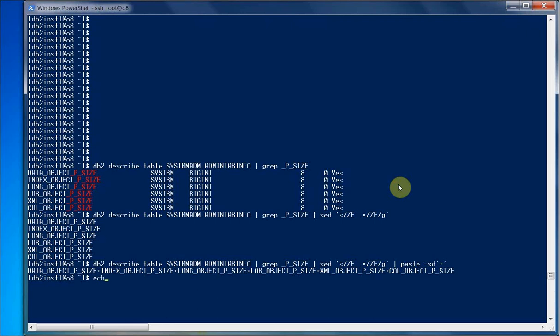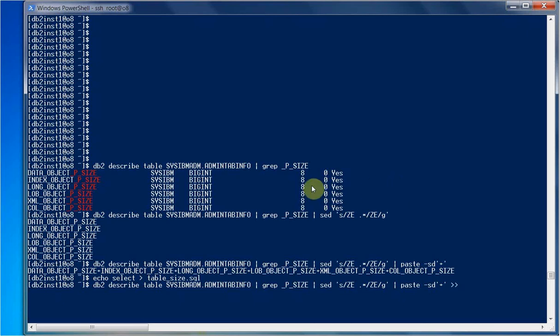So we're going to use echo select. I'm going to write this to a script called table size.sql. Okay, this is my first line. The second line is going to be this one, so I'm going to append this line to the script. Okay, so let's cat out this script. You will see